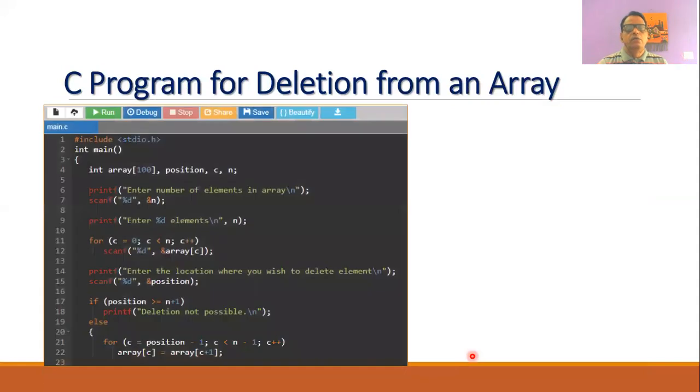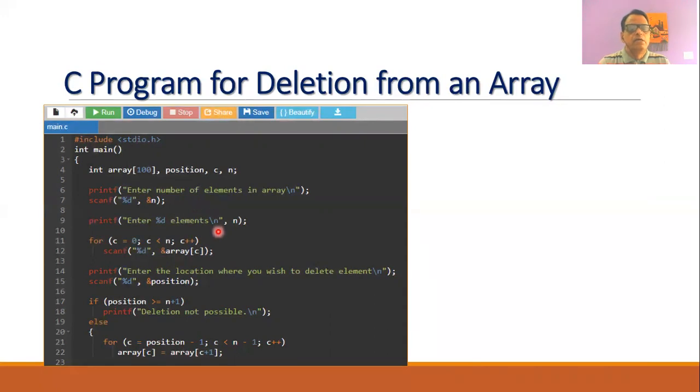Now let us write a C program to perform the deletion operation. Suppose we have declared an array of size 100, and these are the rest of the variables required within the program: position, c, n. Now we will ask the user to enter the number of elements in the array. The user will enter the size of the array.